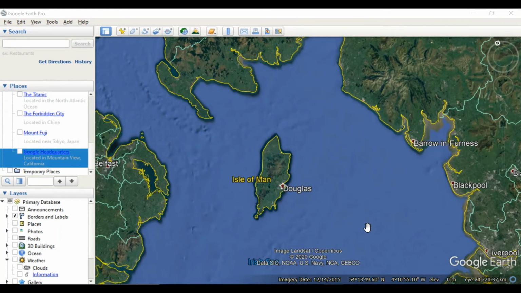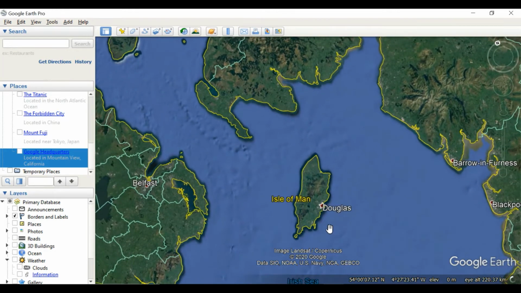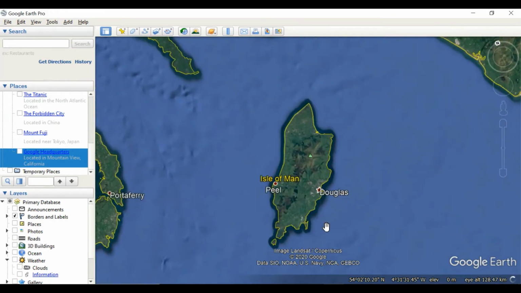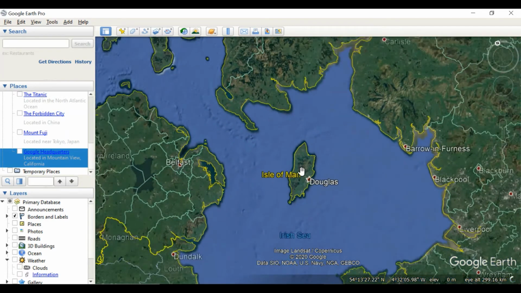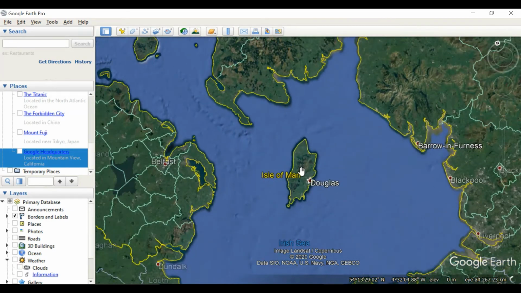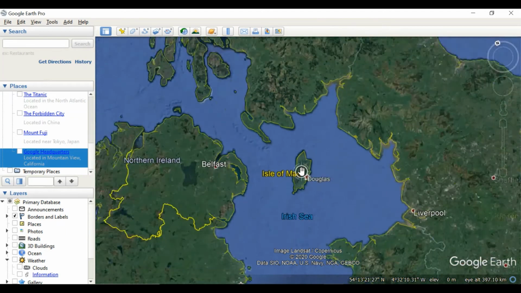In today's tutorial, I would like to show you how we can create a KML or KMZ file in Google Earth. Google Earth is widely used by the geoscience and GIS community to examine various features present on the surface of Earth. And KML or KMZ files are used to digitize these features. So let's say if we want to digitize this island called Isle of Man present between Ireland